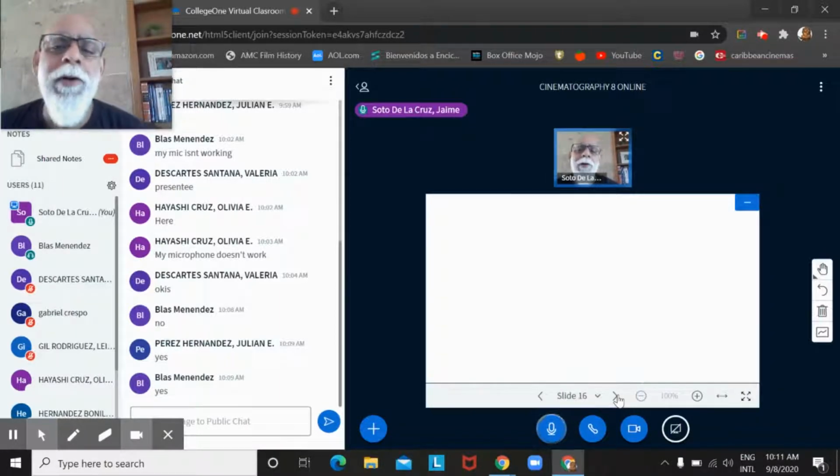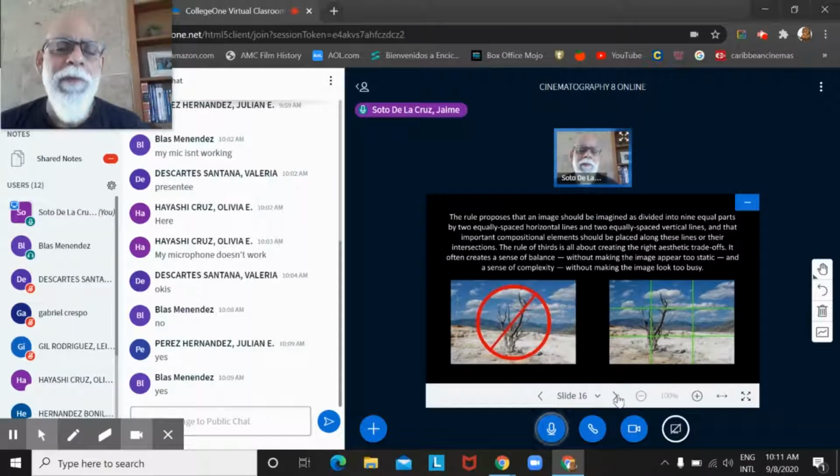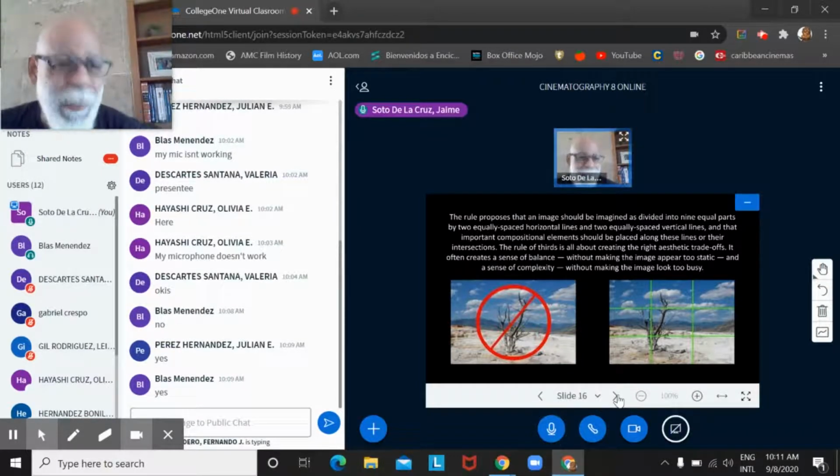This is an example that I shared with you of a photograph of a dry tree in a desert. If you look at the one in the middle, the picture shows the tree in the middle of the composition, and it has a red circle and a slash around it, letting us know, if you didn't notice already, that that picture is not good. And you know what? That's the type of picture that we take. Well, at least I used to take back in the day, because I thought that things look nice if you